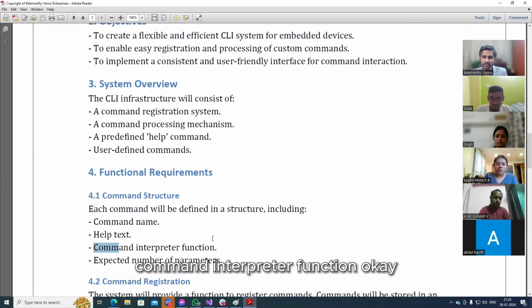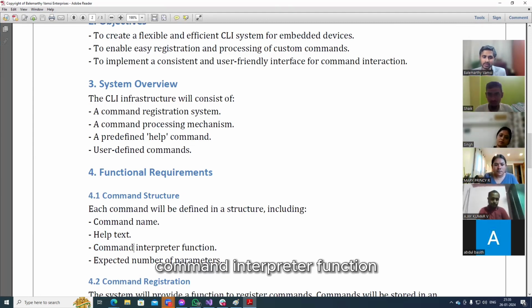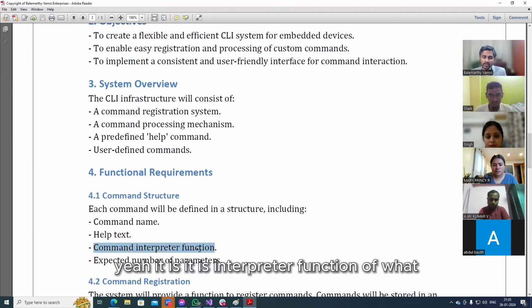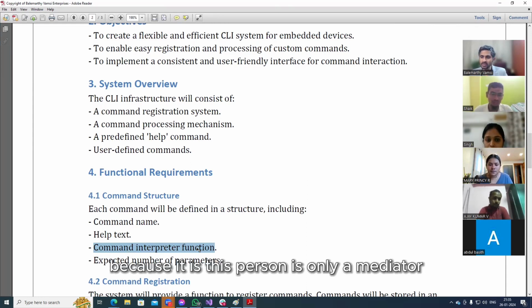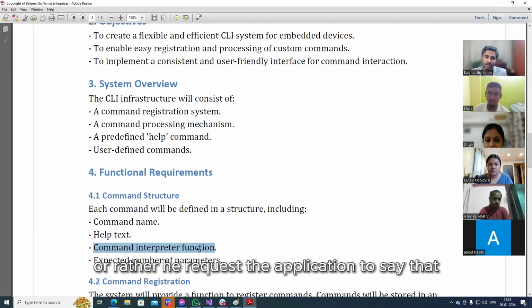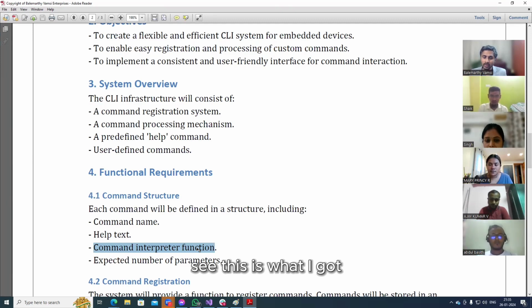Command interpreter function. Yeah, it is the interpreter function of what that command is supposed to do. Something provided by the application, right? Because this person is only a mediator. He understands the command and he hands it over to the application, or rather he requests the application to say that, see, this is what I got, how should I understand it?